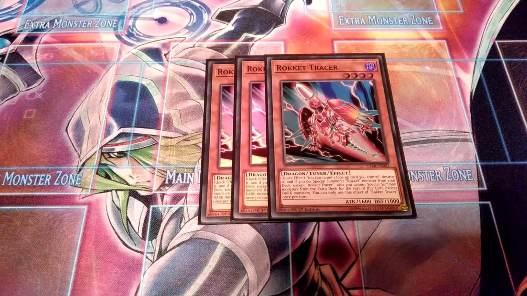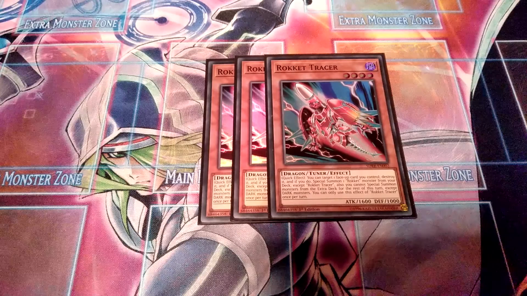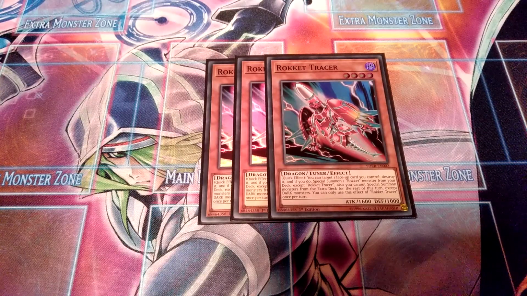good not to use. But Rokket Tracer essentially is a level 4 tuner that has a really good effect, a quick effect that you can destroy any face-up card you control, and then you can summon any Rokket from the deck. And because it's a quick effect, you can also chain it to normal spell cards, for example. So that's definitely really amazing, very necessary for the combos, but it does have a restriction that